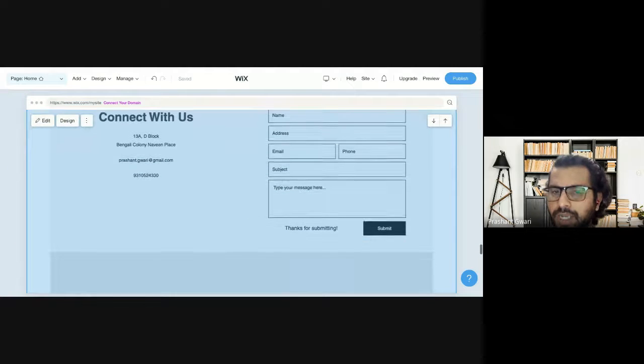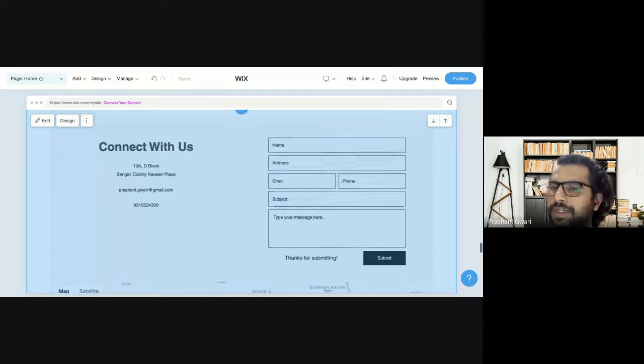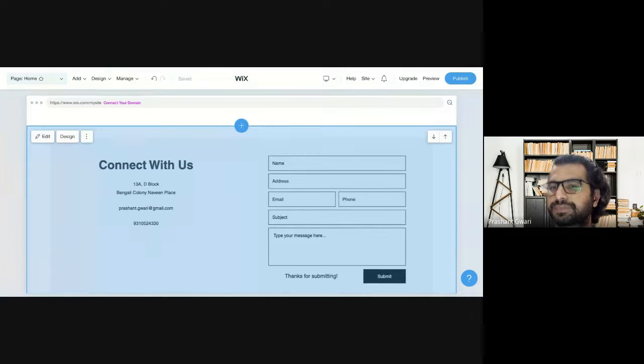Now the most important section is the contact us section, which is this one. Because here you will collect leads from your customers, especially in B2C businesses and B2B businesses. For e-commerce, it's not important because on an e-commerce site, they are directly buying products from your product page. They are making transactions on your website. But in other businesses, they have some kind of query and they want to connect with you. So they will fill this kind of form.